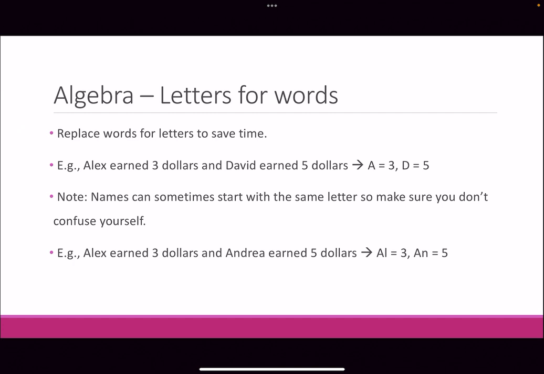So the key concept here is just to replace the name with a letter. So A equals 3, D equals 5, saves you a lot of time. Note that names can start with the same letter sometimes, so make sure you don't get confused. For example, if you have Alex, Andrea, don't write an A, right? Because they're the same letter, but they represent different things, and so you could get confused. So write the first two letters, write the first three letters, whatever you need to make sure that you don't